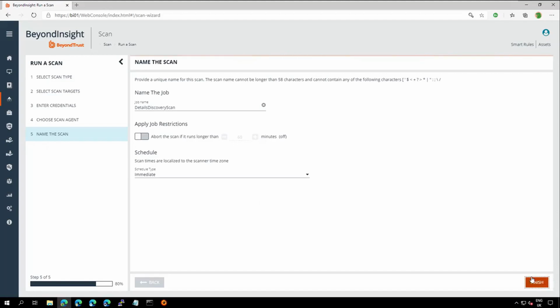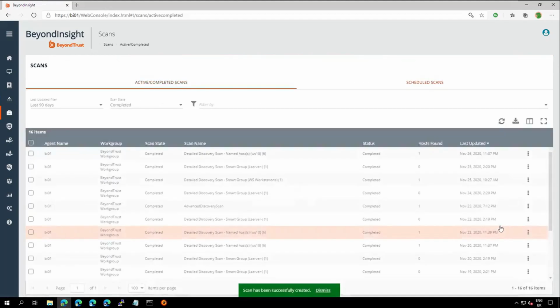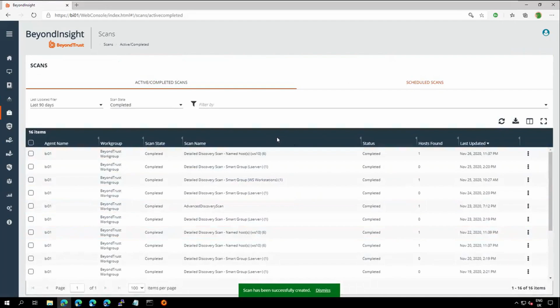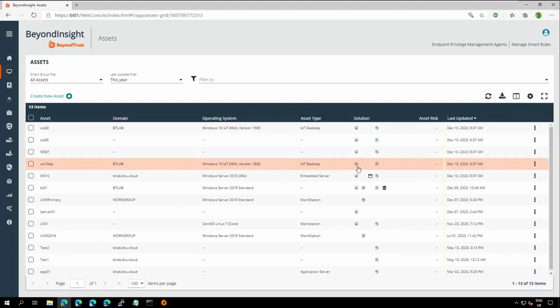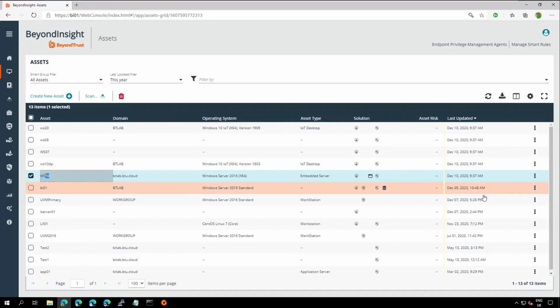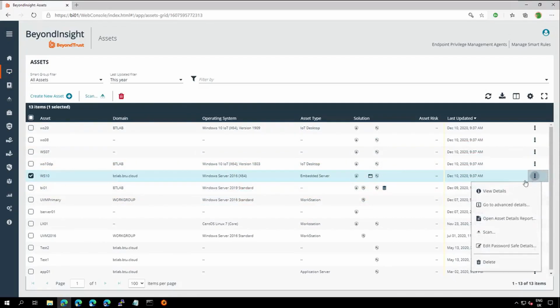On the final screen, we can see the active, completed and scheduled scans. However, as the scan can take several minutes, let's switch to the assets view. When a new resource is discovered, it's added as an asset, and this icon shows that that particular asset has already been scanned. There's high-level detail on the first page,